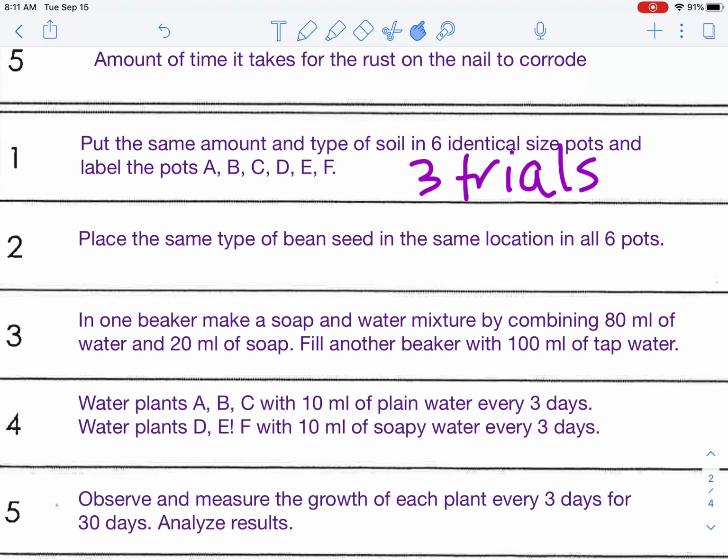We're going to analyze the results. So when we go to water every 3 days, then that is when we're going to measure and record the growth of our plants at the exact same time. Okay? So make sure that you have this experiment card written up,